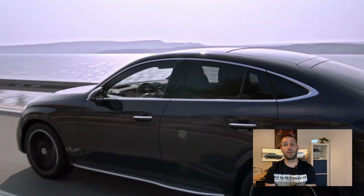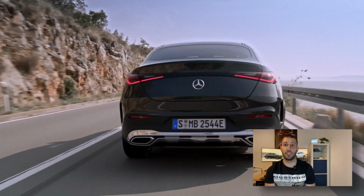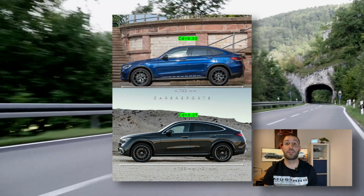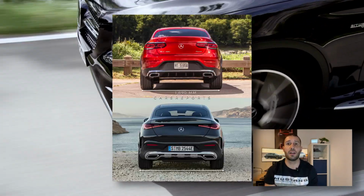The vehicle is available as a plug-in hybrid with an all-electric range suitable for everyday use, or as a mild hybrid with 48-volt technology and an integrated starter generator. It's slightly grown, 4.76 meters long, 3 centimeters longer, but kept the same width at 1.89 meters and about the same